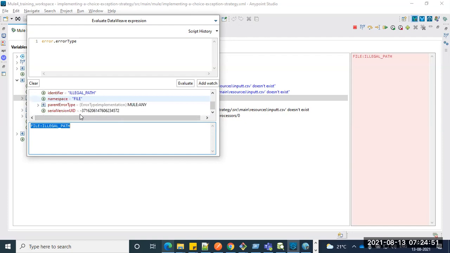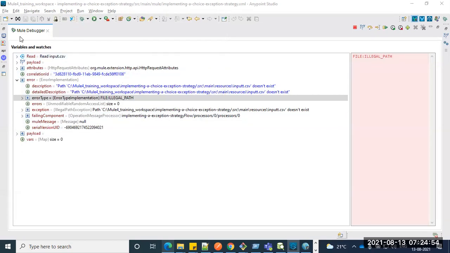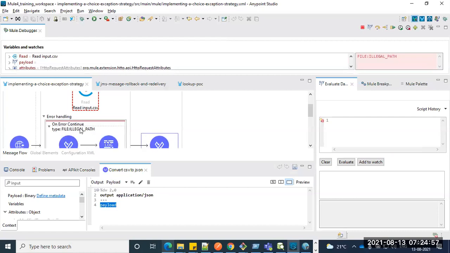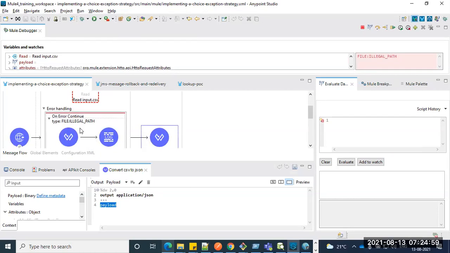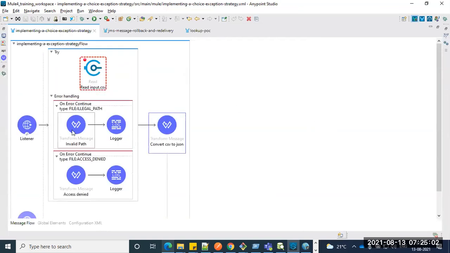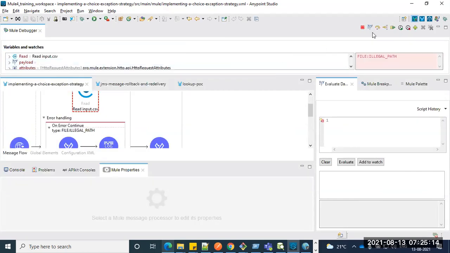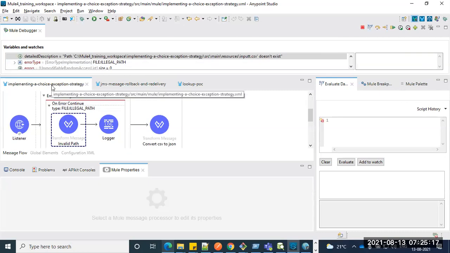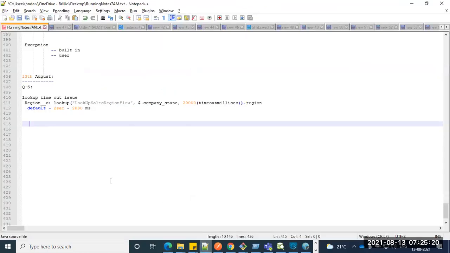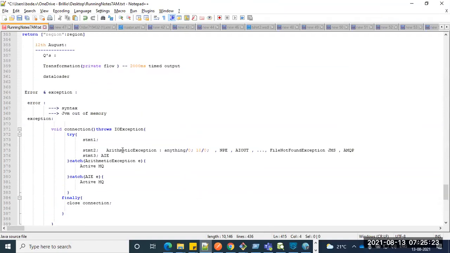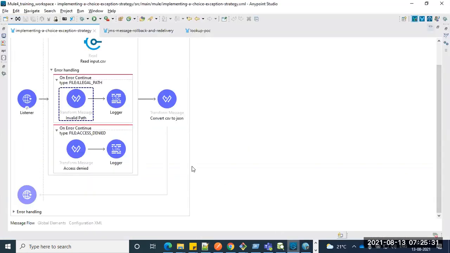We have to take this error type and put it into the component here, your choice condition, which is nothing but a choice. So where should it go, based on the error type? Wherever the error type matches, whether it's access denied or illegal path, it should jump. Anything that goes wrong in this flow should go to the appropriate error type, guys. You can see it here, so that gets matched. In Java also it's the same thing. Wherever the class name matches, arithmetic exception or some other, it will get matched and go to the appropriate block. Same thing here.